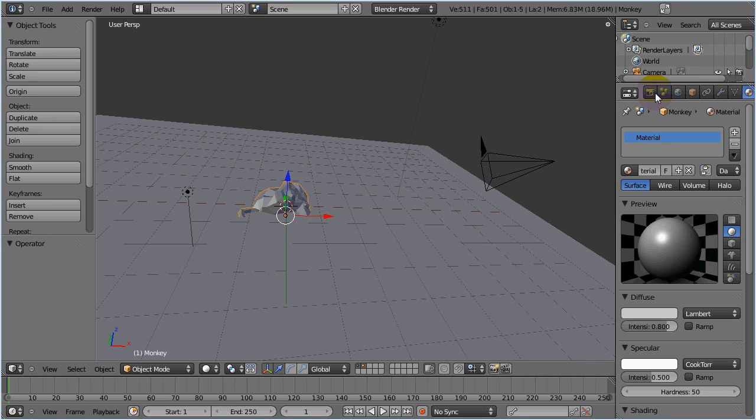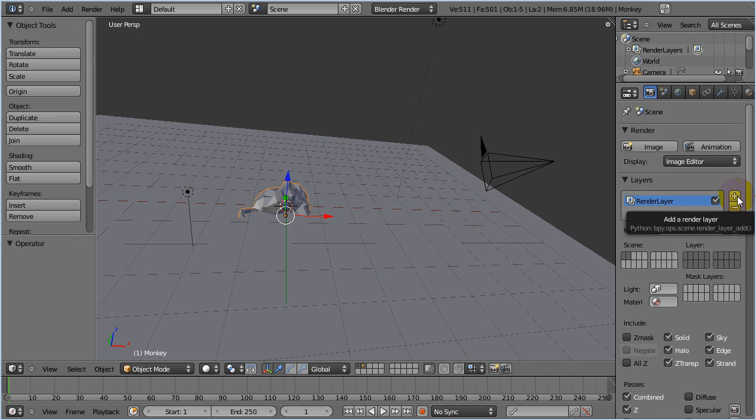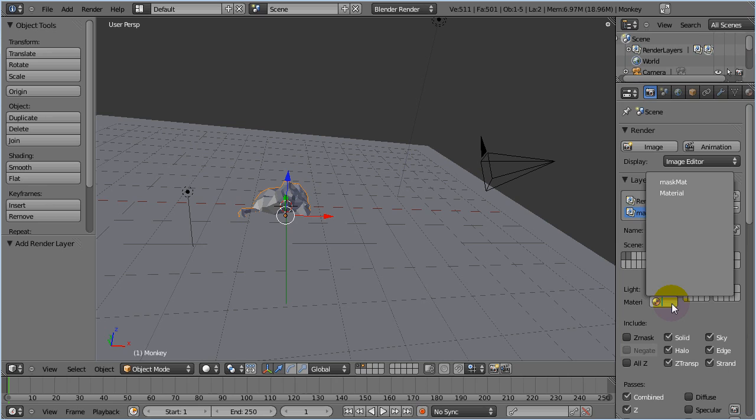Now we go to the render settings, to layers, and add a second render layer. This will be used to generate the clipping mask, so I will call it mask. That render layer will only render the scene layer of the monkey. Select that layer, and it will use only the mask material we made before. It won't render sky,